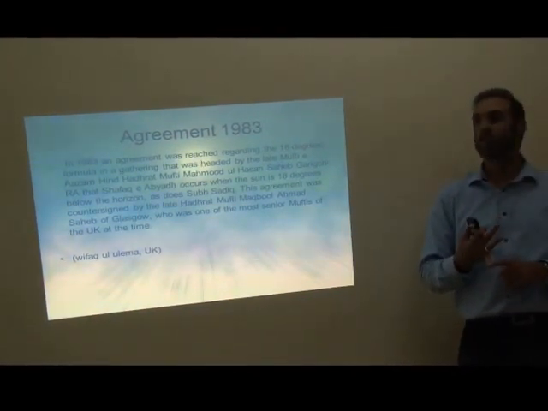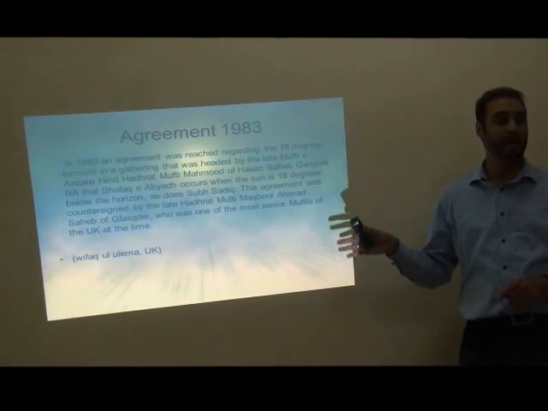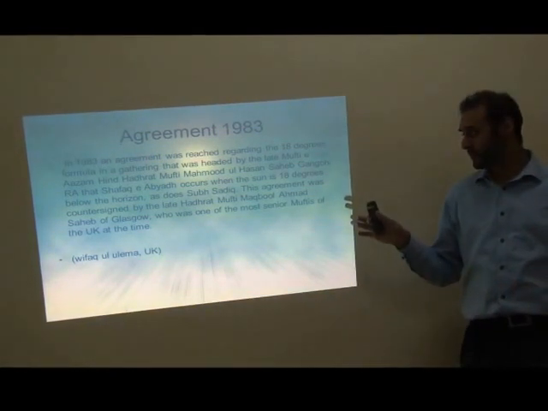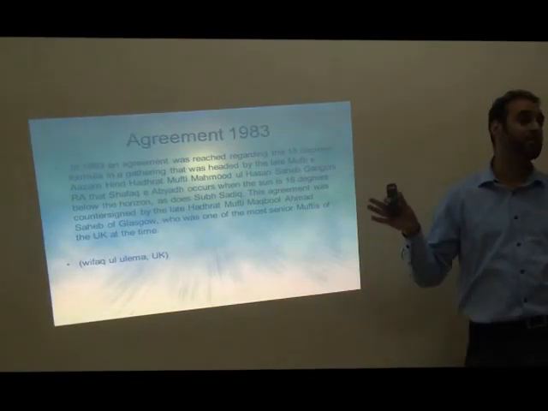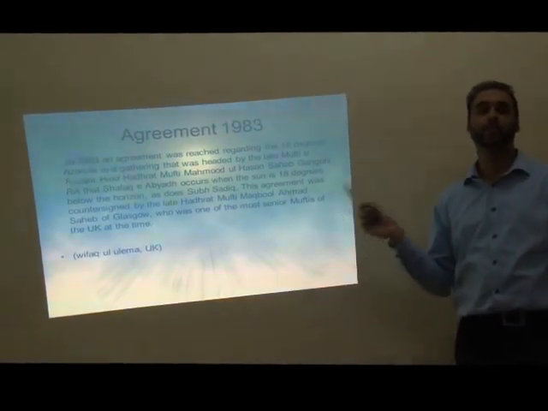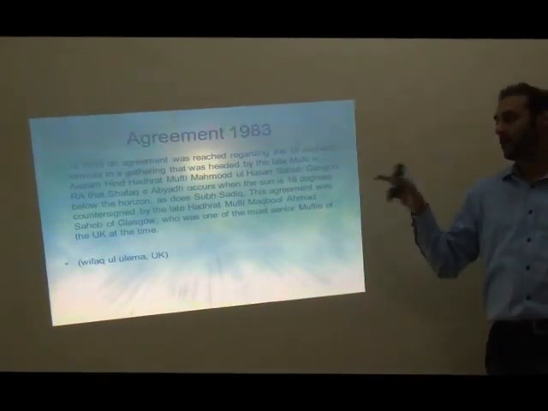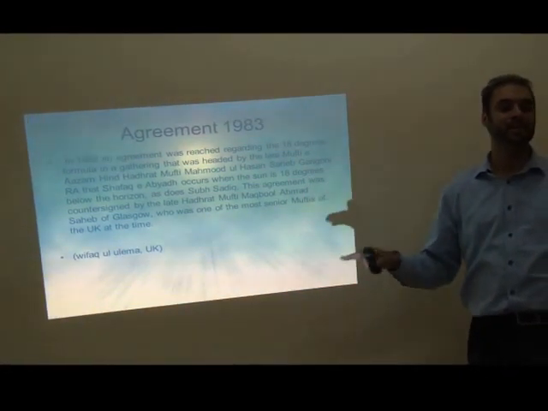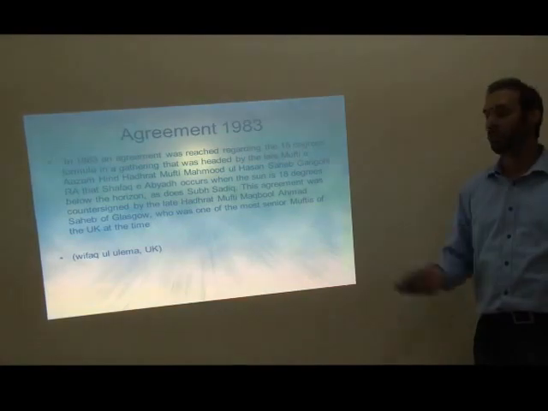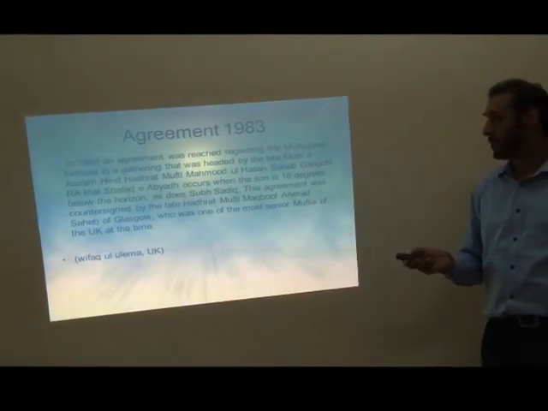So in 1983 the ulama had an agreement where they all agreed. Some of the most senior ulama in England were there, and from India and Pakistan, and it said that Subh Sadiq is when the solar depression angle is 18 degrees below the horizon, and likewise for Fajr, for Isha as well, when the sun goes down.